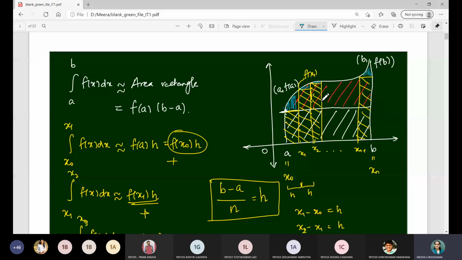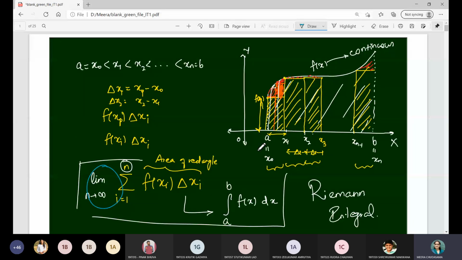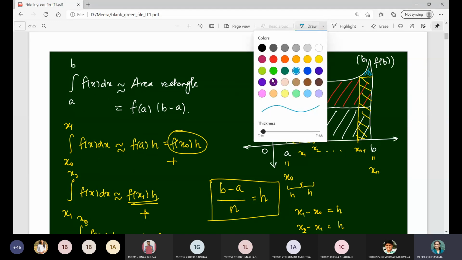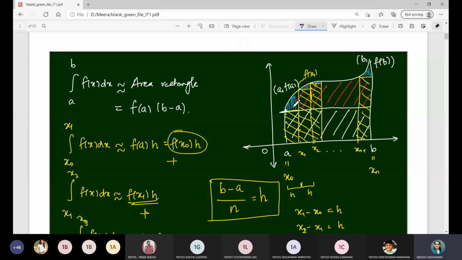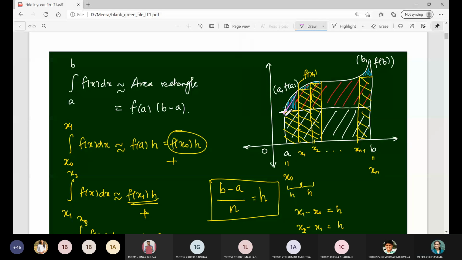In which sense can we modify? So for that let us consider, instead of the rectangle taken here, suppose we join these two endpoints. It is not visible, let me use another color. Yes, if we join these two points with a straight line, then you can see that the error will be minimized. Here also, if I join these two points, the error will be minimized. Similarly here, the error will be minimized.